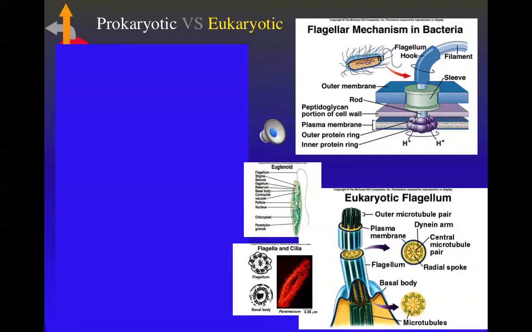If we take a look at the image in the lower center of the slide, when we do a cross-section of a eukaryotic flagellum, we should see just underneath the surface, on the periphery or outer edge of this flagellum, 9 pairs of microtubules. And then there's a central pair of microtubules right in the middle. Now what you can't see are the little tiny molecular motors that are hooking these pairs of microtubules together.